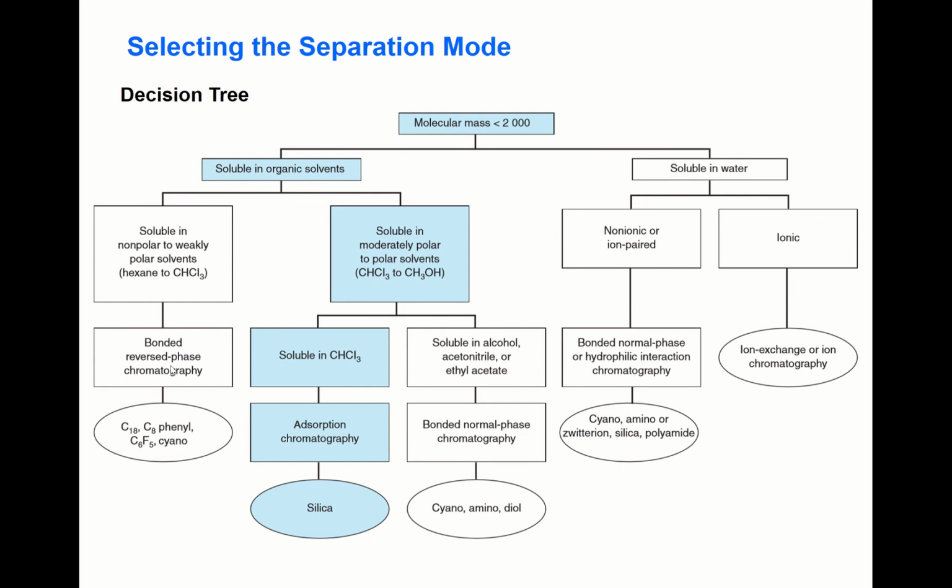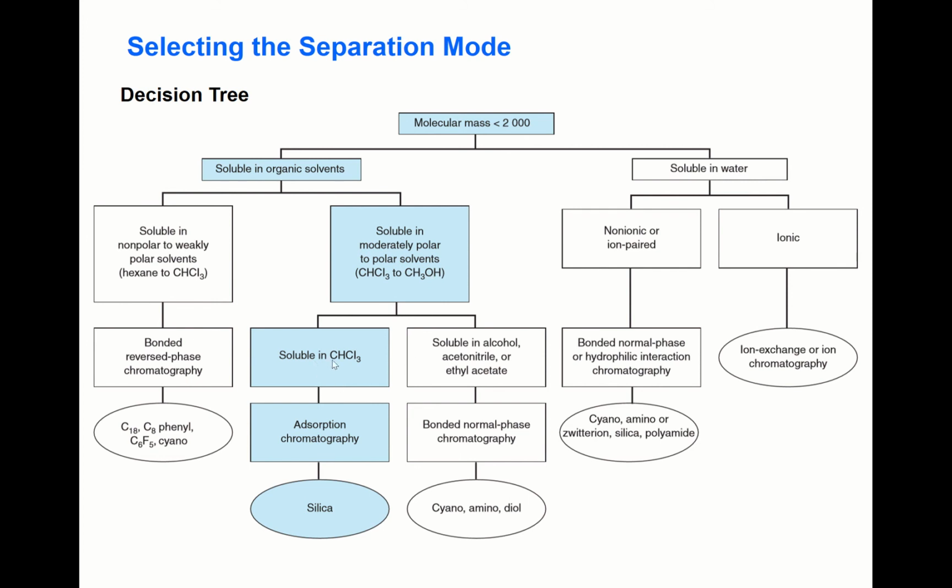If it is soluble in non-polar solvent, then the choice is bonded reversed phase chromatography. That's the answer. The bonded phase may be octadecyl or C8, phenyl, or cyano groups. And if the solute is soluble in moderately polar or polar solvents, then here they